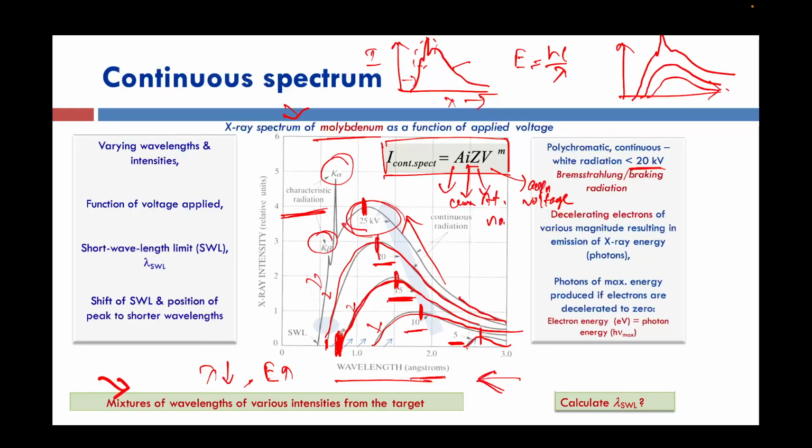So that means this is the maximum voltage, and this is the minimum wavelength it can give. This minimum wavelength is known as the short wavelength limit, written in short as lambda SWL. The short wavelength limit is the wavelength at which the electron coming from the cathode can impart maximum energy to the K shell electron of a particular anode target or anode material. Whether that energy is sufficient to knock out that electron, we don't know, but this is how the short wavelength